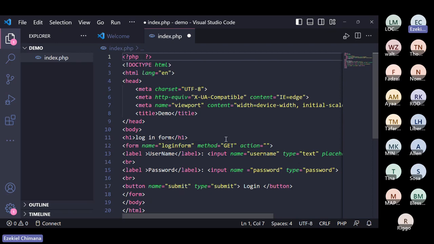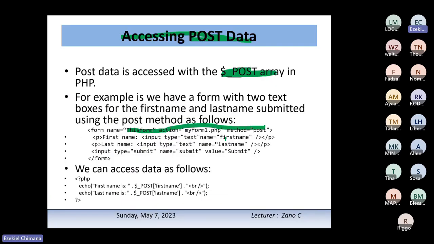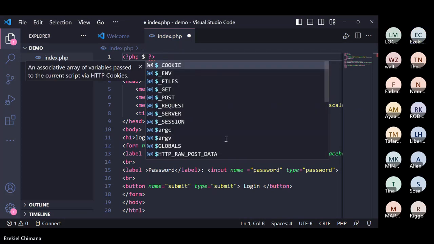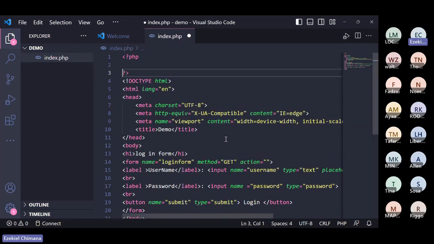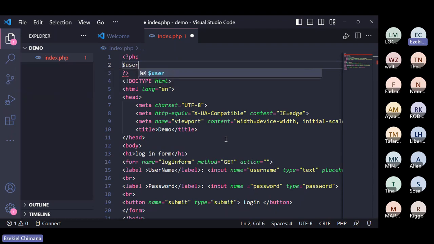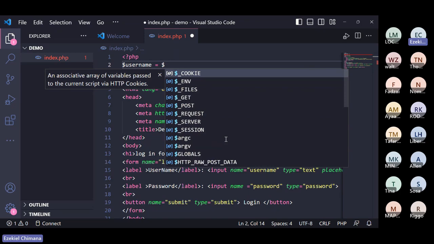You want to escape to PHP code, and then what you want here is to take the first name and just echo it. So I want to take the username and just echo it. So what you need there is, let me just say $username. Let's just create a variable for that. And then we assign, we take the value